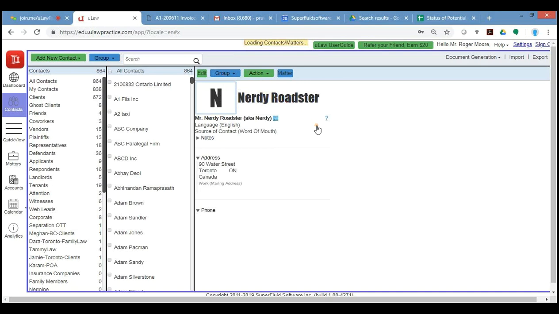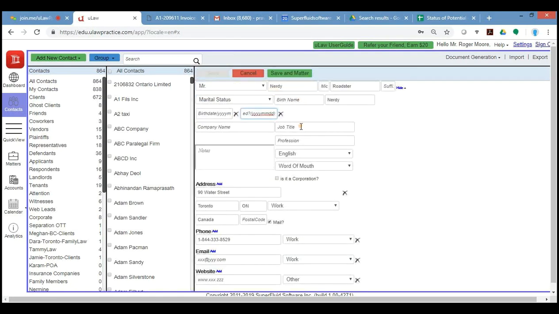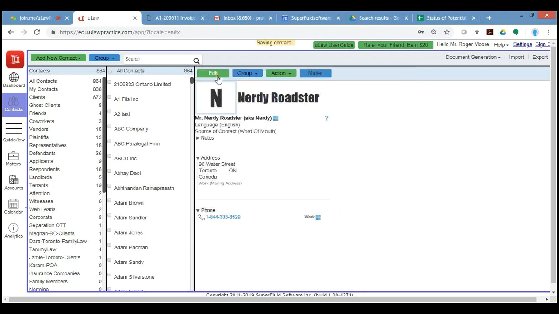Okay? Now you're going to see Nerdy Roadster as the client that we just saved in our database. It has the high-level information for whatever we entered. If you have to edit this, you can click on this edit button right here. Let's say you have a job title, you can add that. Or if, for whatever reason, this was their home address, you can change that. By clicking save, that information gets saved back into the database. Okay? So it's as simple as that